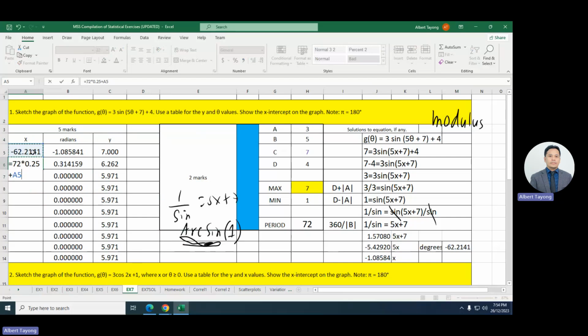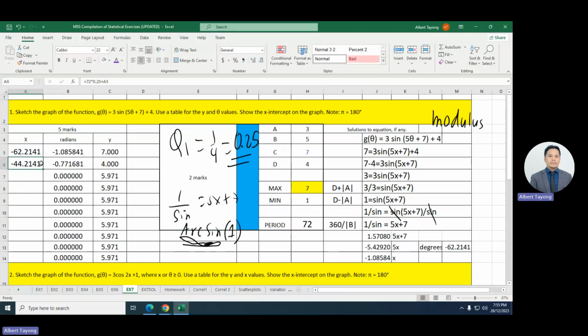We are breaking our period into quartiles. What is the first quartile? Q1. What is Q1? 1/4. What is the value of 1/4? 0.25. See, what is the answer? Then drag it down. Okay, see, numbers are changing now. Get me? So again,